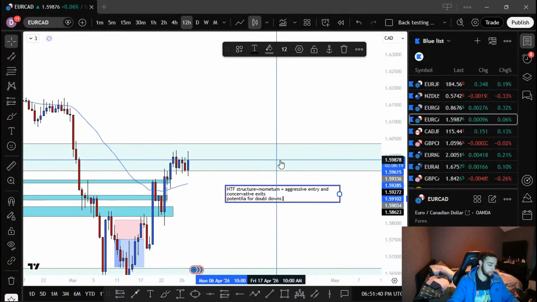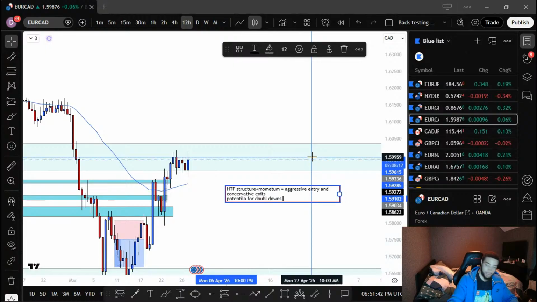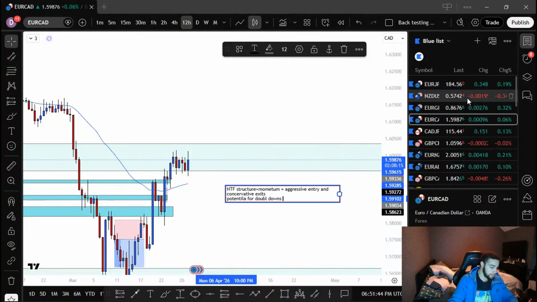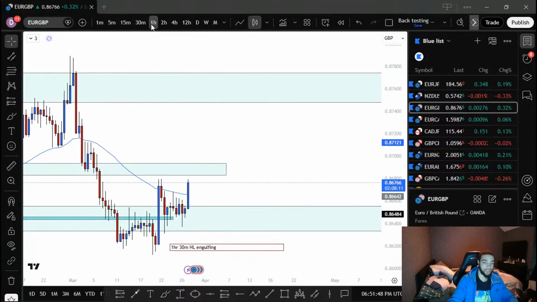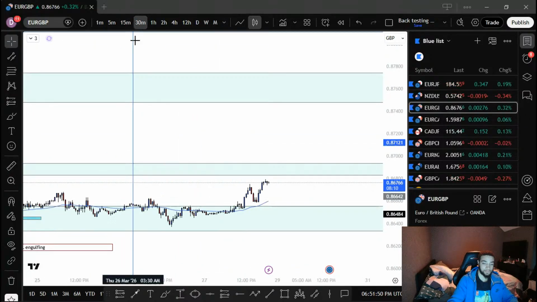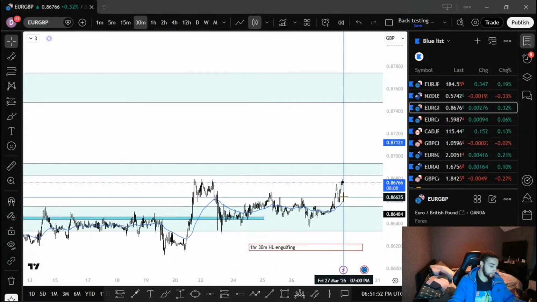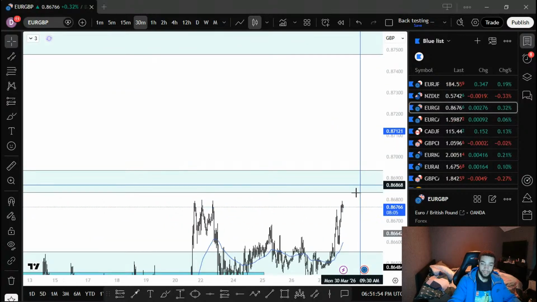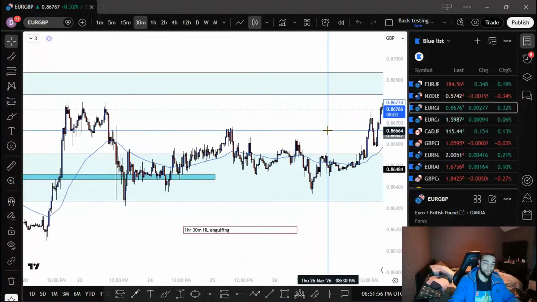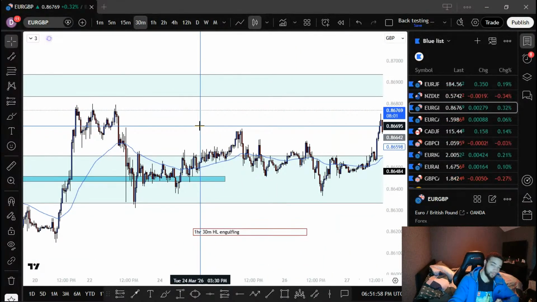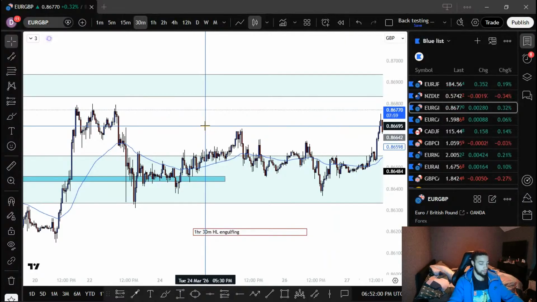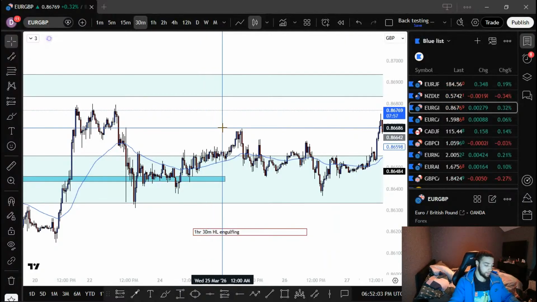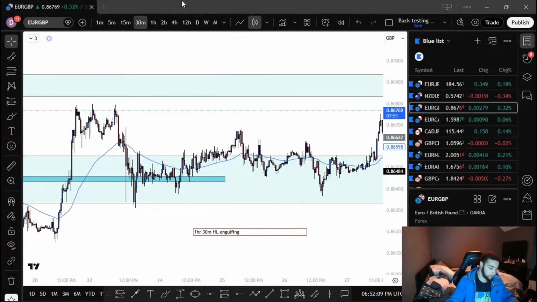So double check those trades again. We took NZD/USD and Euro GDP. Where is the trade on Euro GDP? I took one, so where is it? That's a bit annoying. We took a small loss on that, so I'm going to have to go find it, because I screen record every trade. It's not that. Euro GBP, here it is.